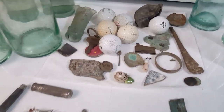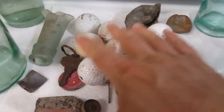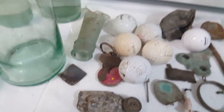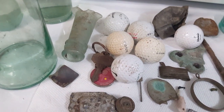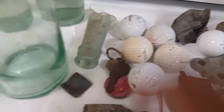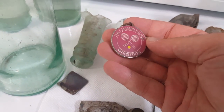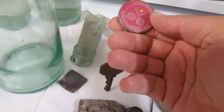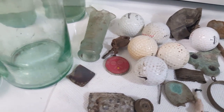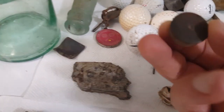So other than that, in the ravine I did find a lot of golf balls. Just the top one of the shorts for some reason I took with me. What else? This key had the Wimbledon Championship attached, so just a piece of head stamp,